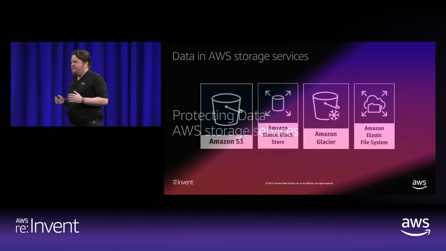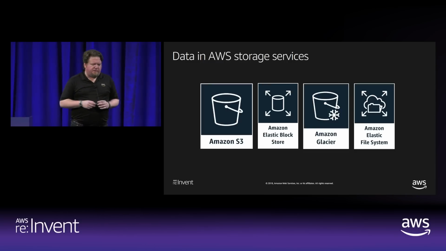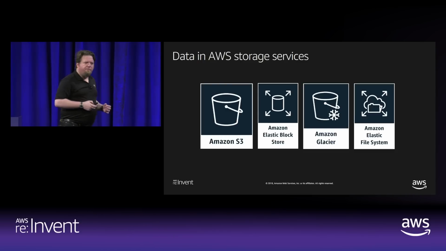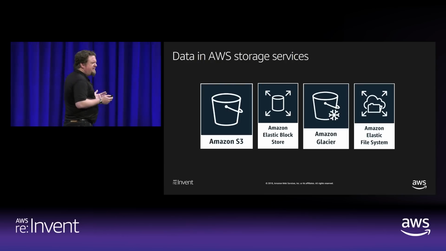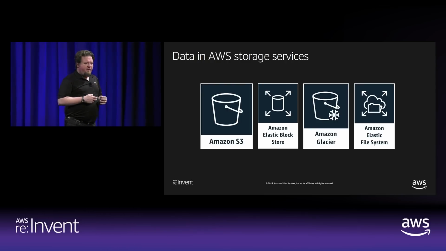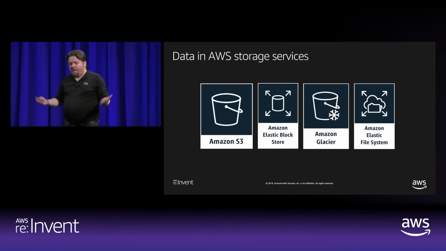So there's storage services as well. And of course, these hold even more data than the databases. We have S3, our object store, the Elastic Block Store, the virtual disk service that attaches to our virtual compute service, EC2. Glacier, of course, for long-term, and EFS, POSIX compatible. It's a nice filer, it's managed, it's highly available across regions, or across availability zones. And there's now more, as we announced this morning. Really excited about FSx. If you ever wanted managed Lustre, now you can have managed Lustre.